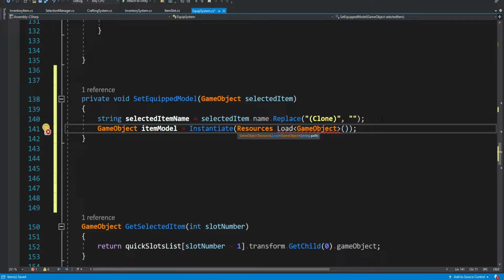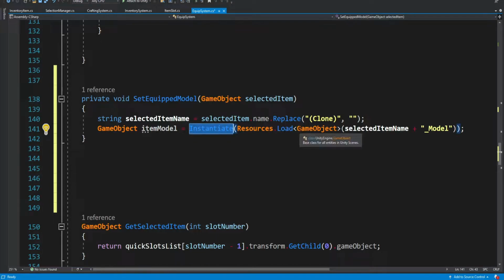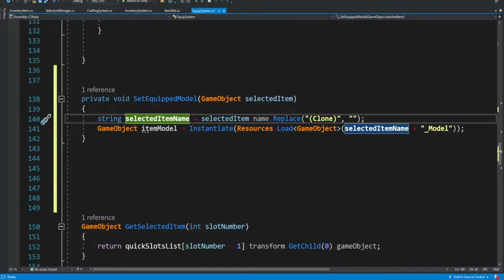And then we also want to add this selected item name and model, and you're going to see why we do this. So we simply say that we want to instantiate a game object from our resource folder that is called the selected item name, so axe, but we also added underscore model, okay?